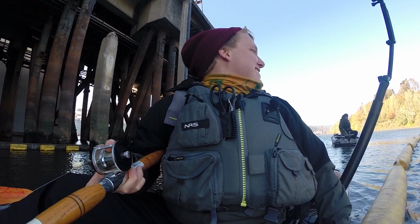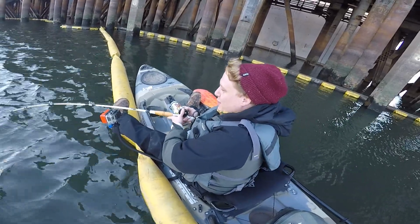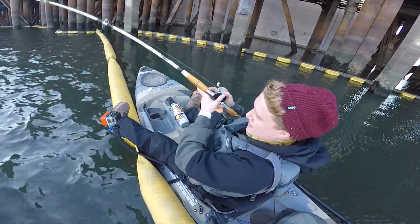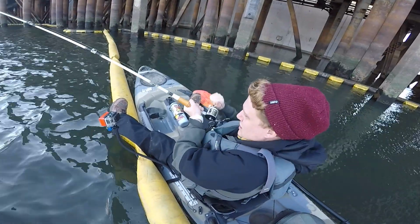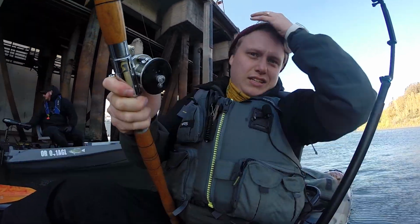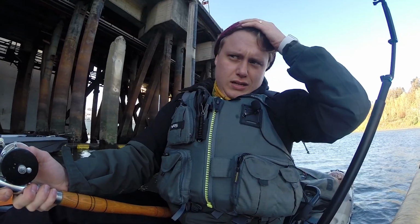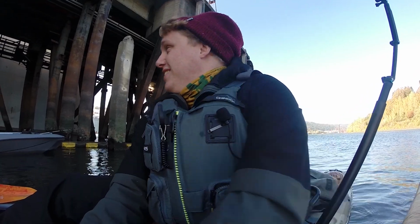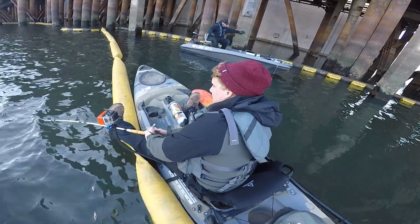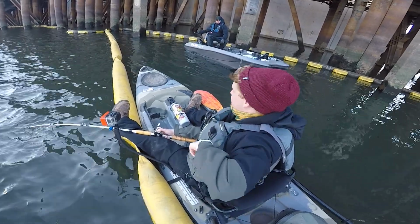I forgot there's no drag on this. Oh boy, oh boy, oh boy. It's a good fish. It's a good fish. Ow, my thumb. Dude, this is... It's a little bigger than I wanted for my first one. But...